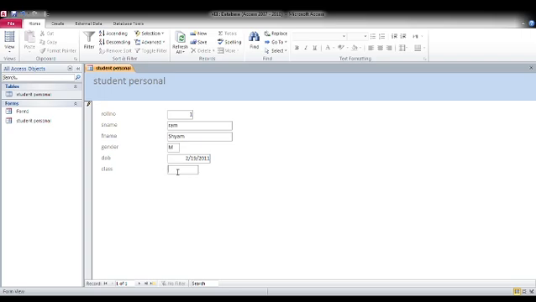Now you have to give your class. Now I am giving it in that format itself. Now see, if I want to type one more word, it has allowed me to type one space. After that it is not allowing me. So as soon as I press enter, that data is gone. Now where has it gone? It has gone to my table. See.